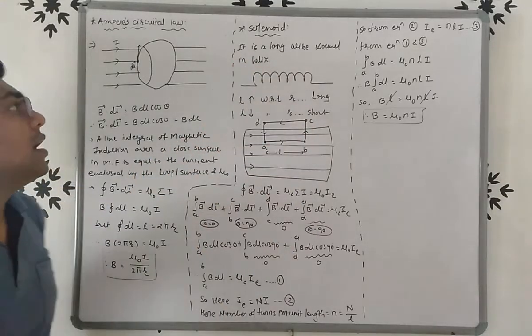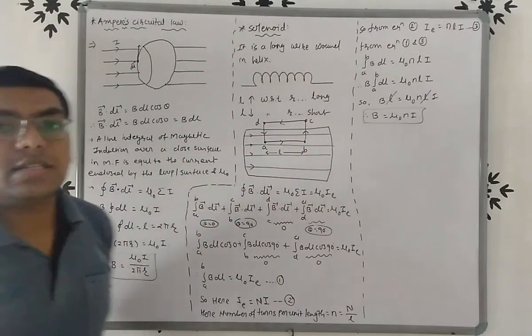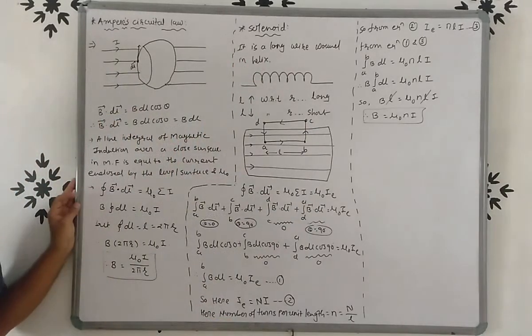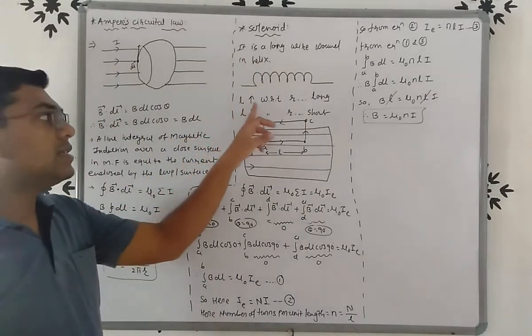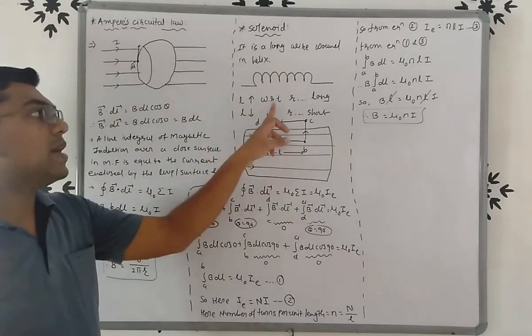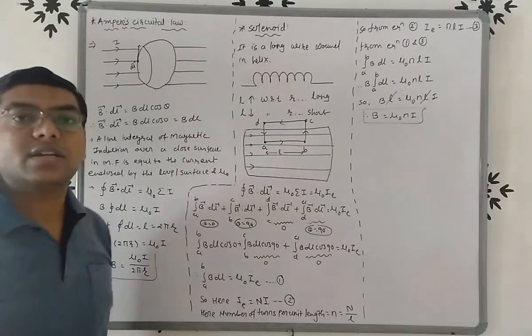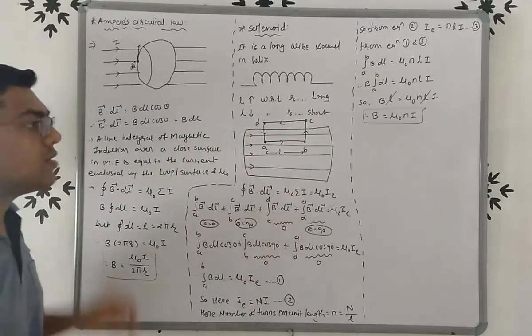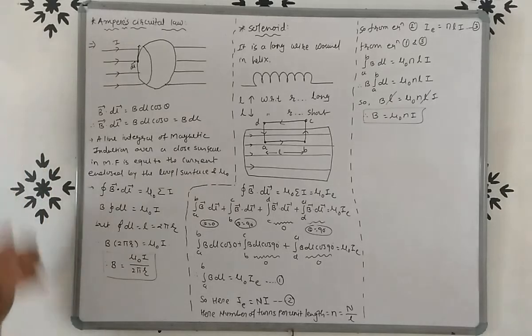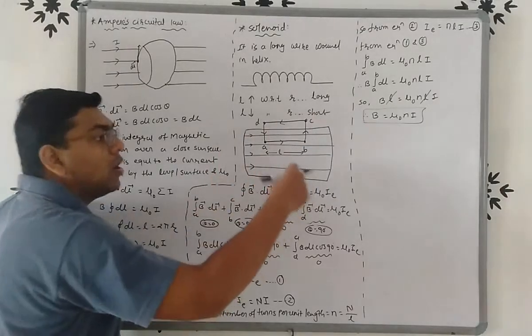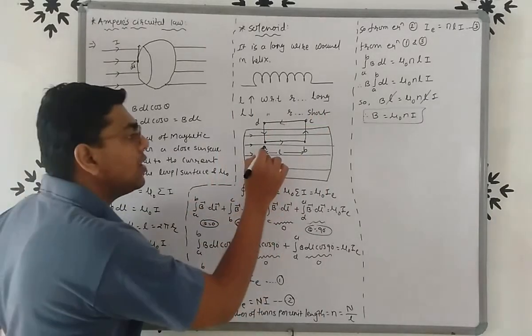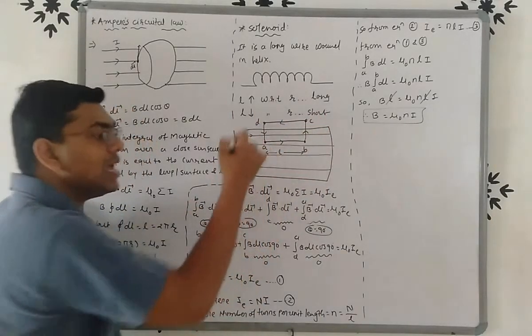Once again, friends, what is a solenoid? It is a long wire which is wound in a helix. If the length is long with respect to the radius, that is known as a long solenoid, and if the length is small with respect to the radius, then a shorter solenoid. Now to find the formula of magnetic field, we will consider a long solenoid like this. So here we consider one Amperian loop A, B, C, D, A.